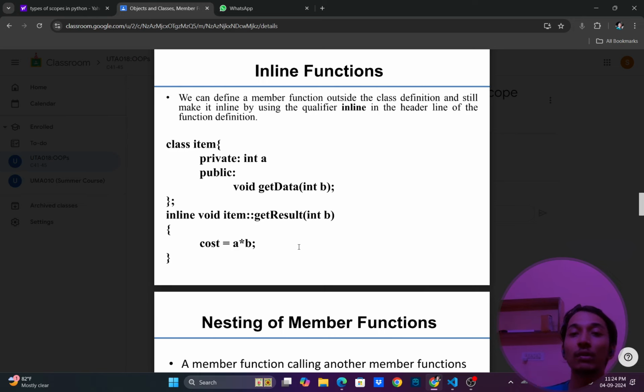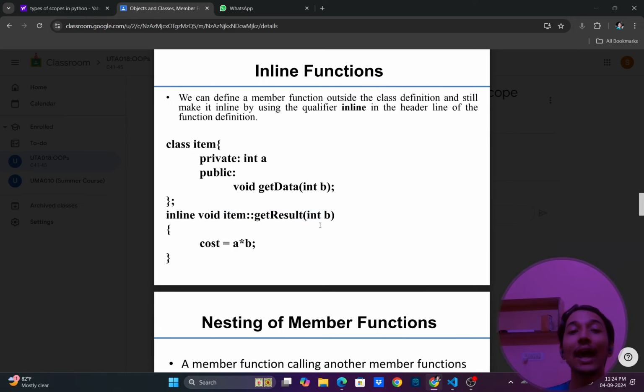So it will face the body of the function, and whatever is inside of that function, maybe there may be some calculation or anything. So that thing will be implemented directly without calling the function. So that is the main benefit of inline function. So we are using this inline function here, and with it we are using the scope resolution operator